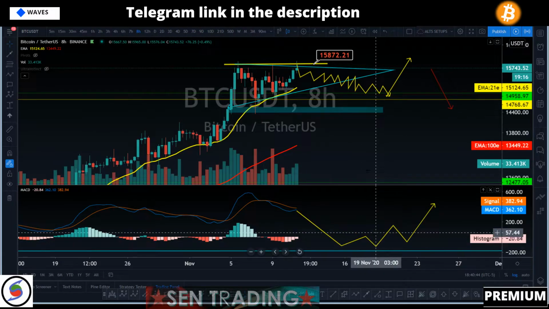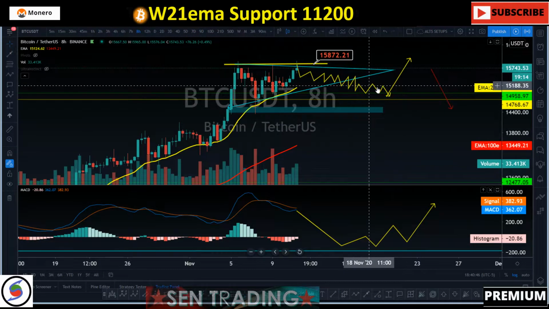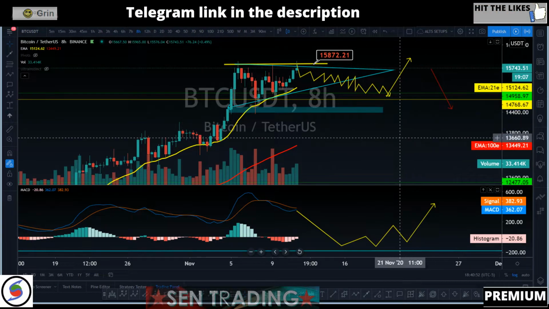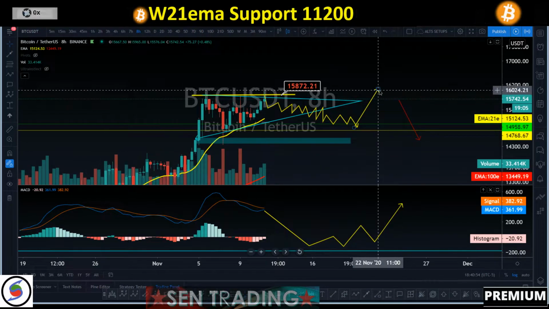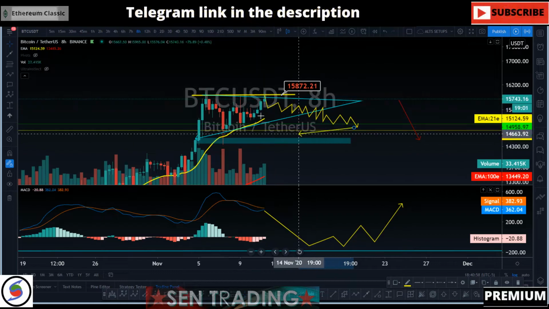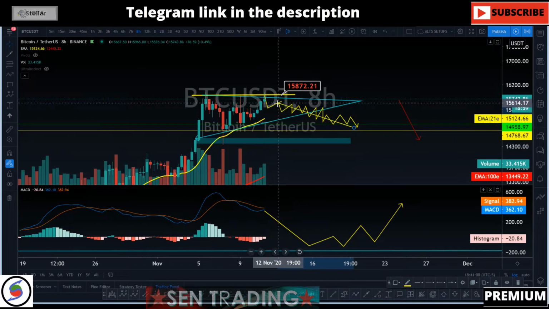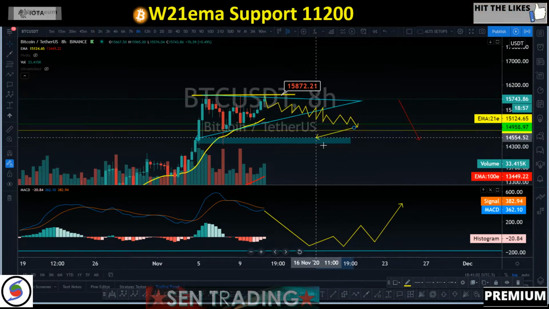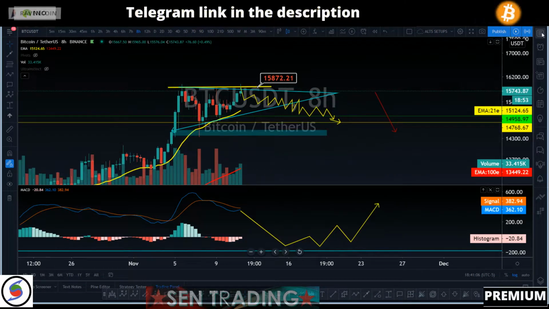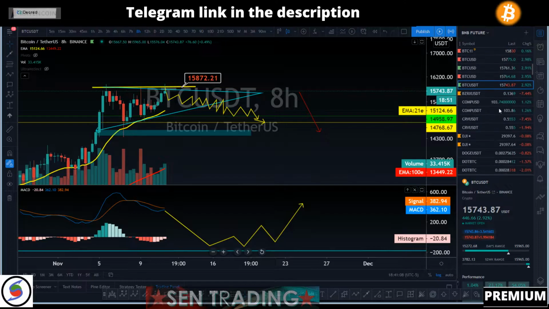MACD could dip down, right? And then we're gonna basically move sideways, flip bullish again above the 21 EMA right there. MACD crosses bullish, we basically take it to the upside, right? Don't know how high we're gonna go after that. We're gonna take a look at it depending on how market structure looks by then, right? But we're just gonna pay attention to basically the sideways correction, right? So now let's take a look at Ethereum.